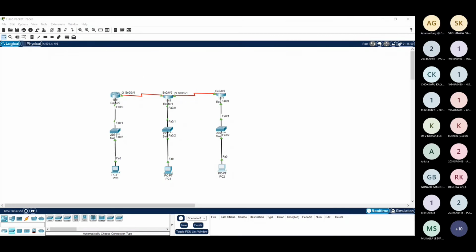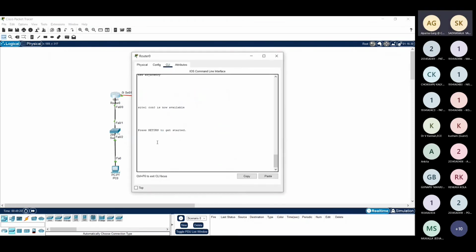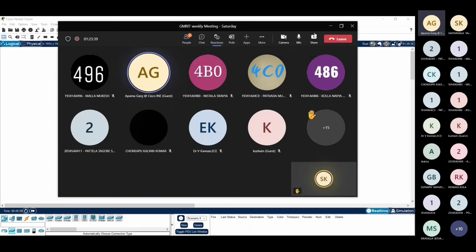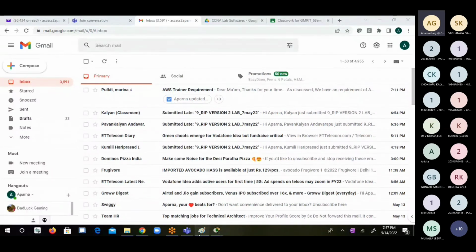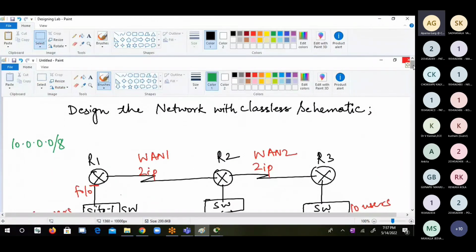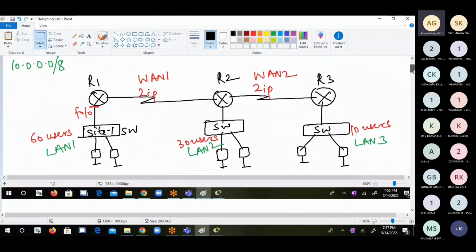So this is my router configuration. Wait, Raj, wait. I have shared one assignment for you. You can see what I have done. I have given you this diagram, right? And you have this IP schema